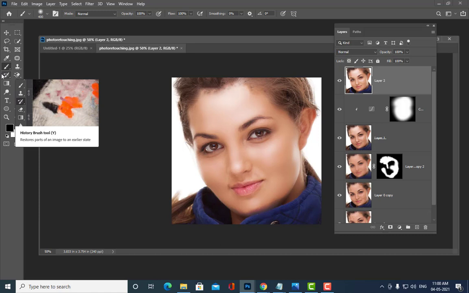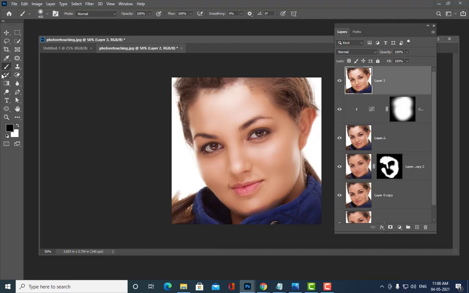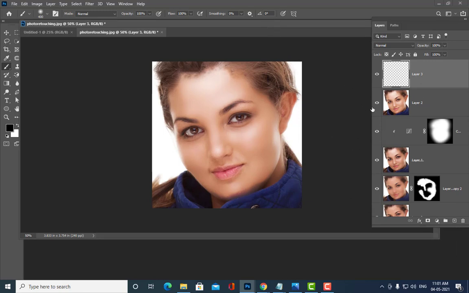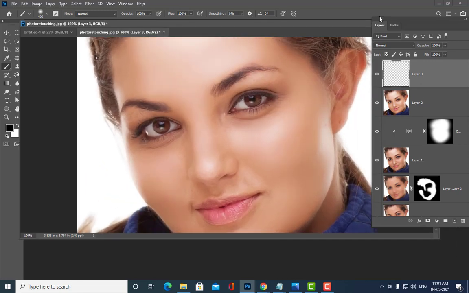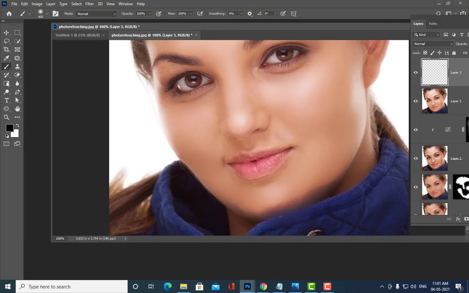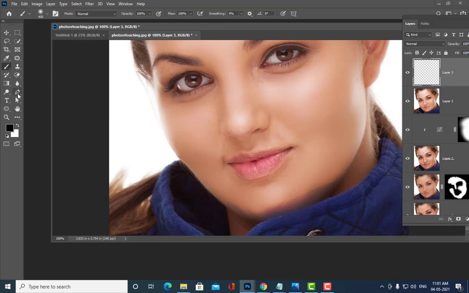That is fair, smooth, and clean. We still have a little bit to do. That is, we are going to give some makeup to her lips. So how can we give it? Just take a new layer above this active layer, and then I am going to select her lips using the pen tool. Take the pen tool, and I am selecting this path option.